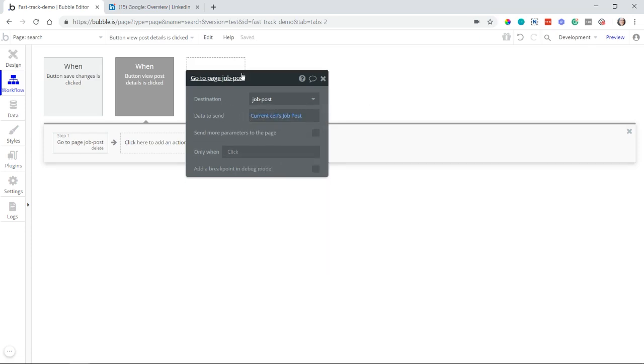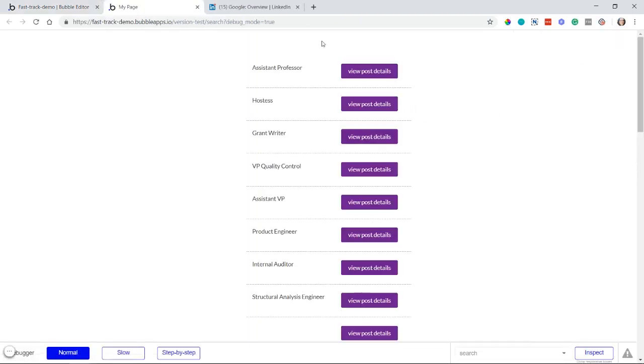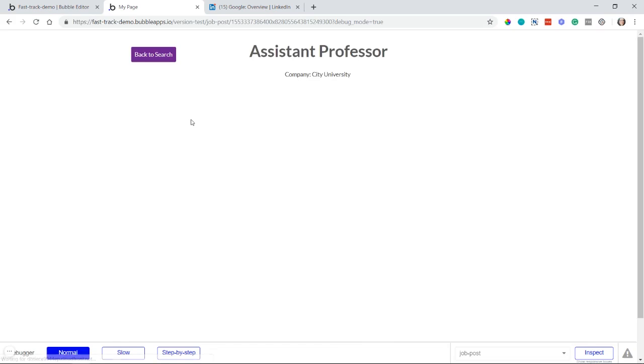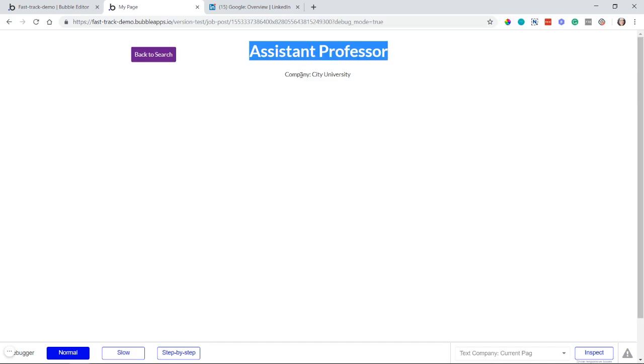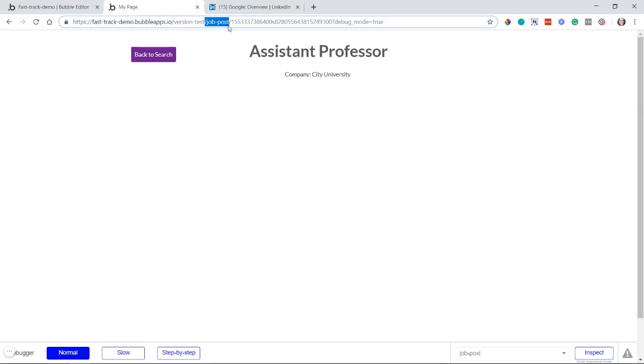So with this alone, let's see what happens. I'm going to preview this search page. And we're going to click on the first post here, Assistant Professor. View post details, and we're now on the job post page, and you can see that the name of the post is at the top here and that the company has been filled in dynamically to show the company name for this particular post. You can also see in the URL that we are currently on the job post page,